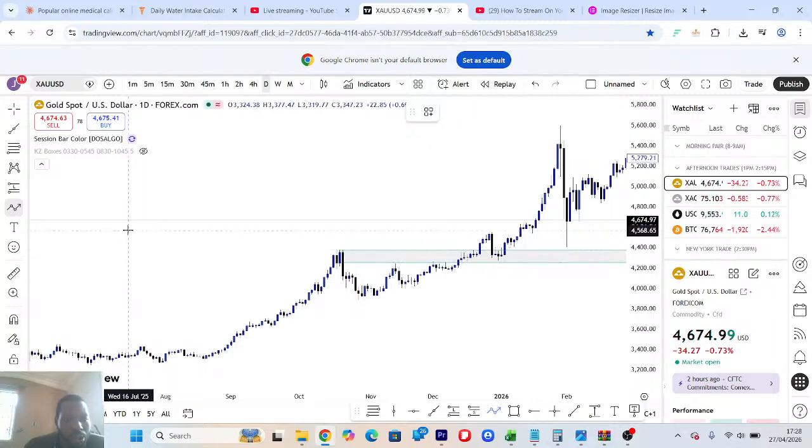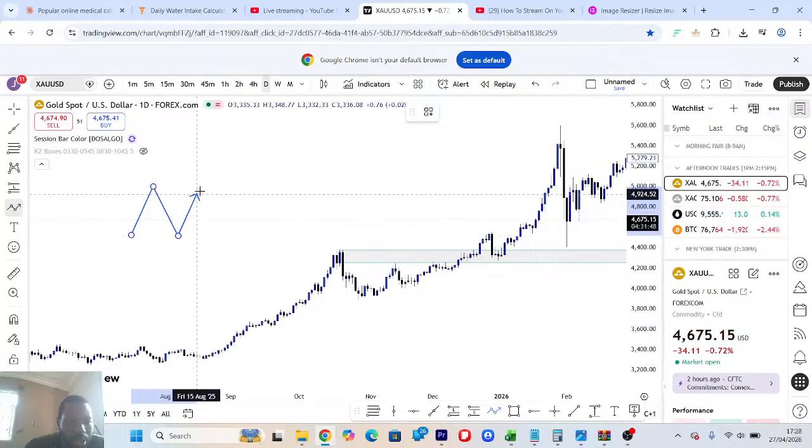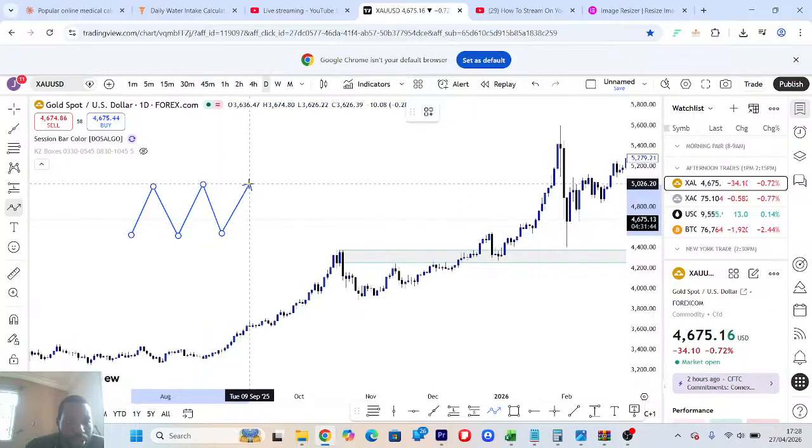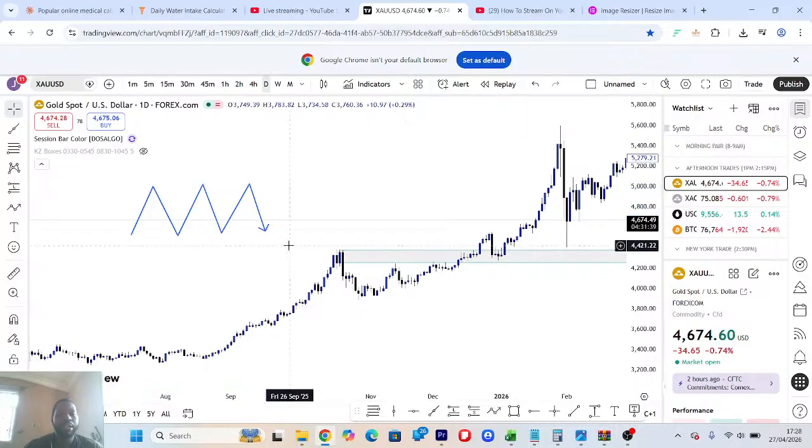Okay, so a consolidation market looks like this, right? So we are being advised that we should not trade a consolidating market, but